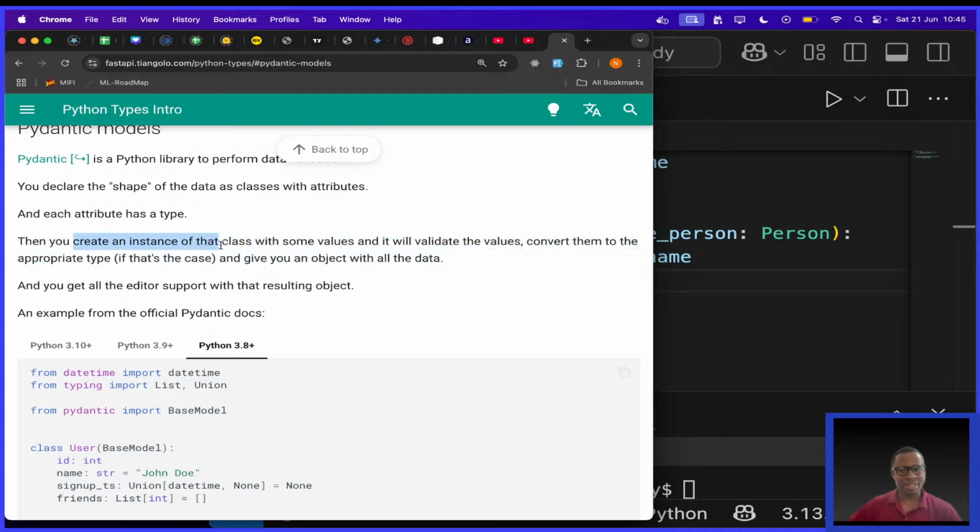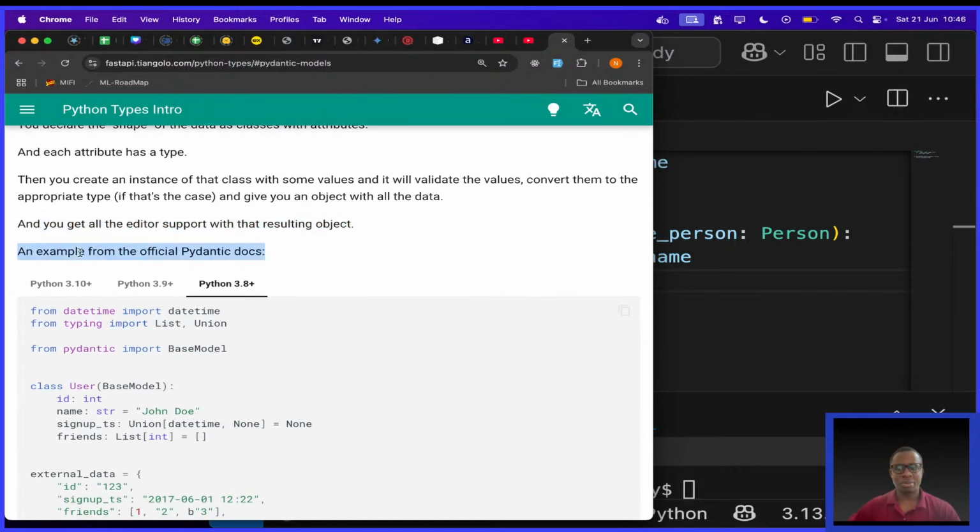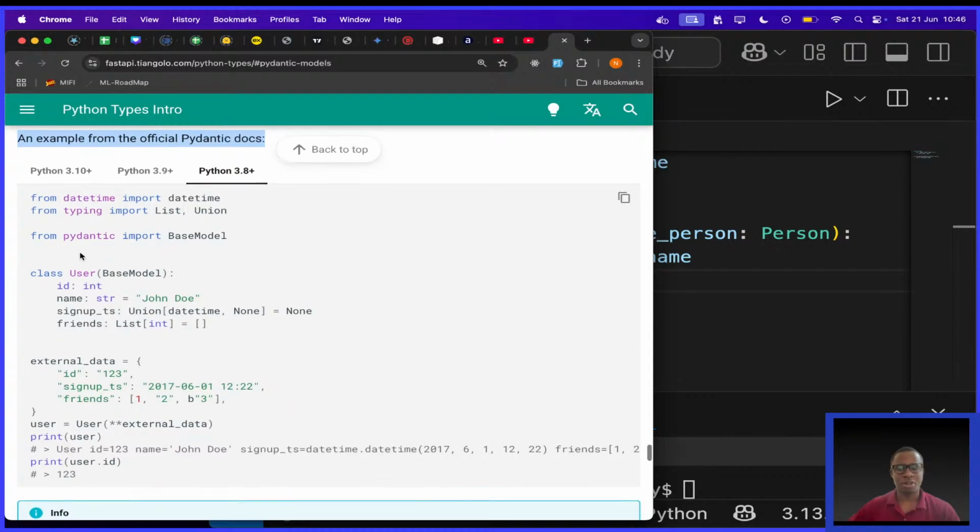It is helping us skip a step of manual validation, and give you an object with all the data. And you get all the editor support with that resulting object. That's nice.